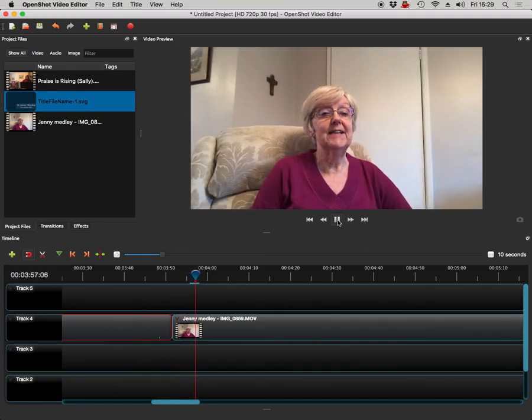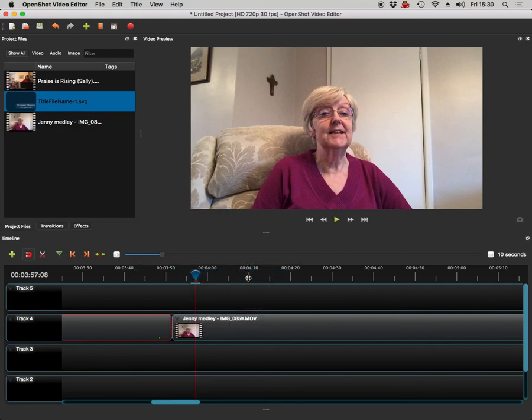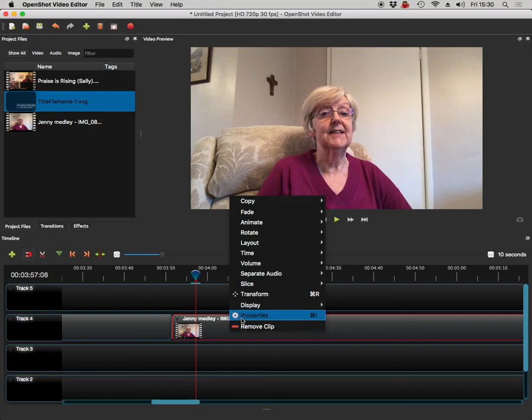Okay, let's reset the volume on Sally. An easier way, or a better way of doing this, you can increase the volume of a clip using a different method. You have to be careful with this, because if you increase it too much it starts to distort. But a very simple way is if you right click on here and go to properties,